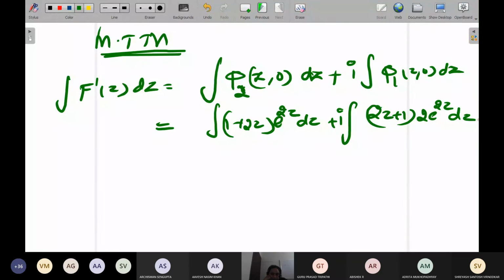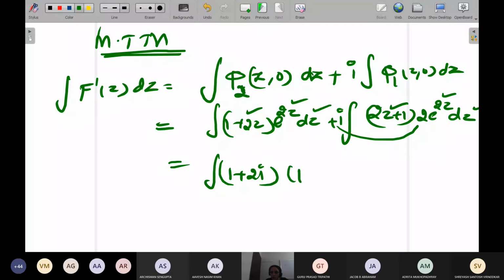No doubt. Okay. What I'll do is a common integral. See, I have 1 plus 2z, e power 2z, dz in both. What is extra here? 1 plus 2i is only extra. So I can write this as integral of 1 plus 2i into 1 plus 2z into e power 2z dz. So I can take this 1 plus 2i outside and integrate the balance term. What is the balance term?